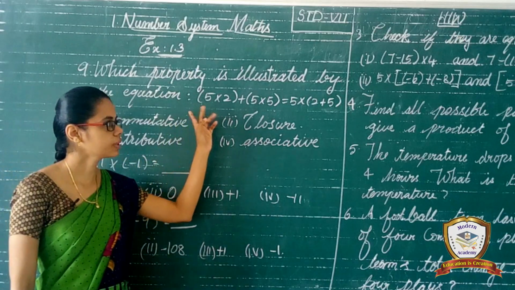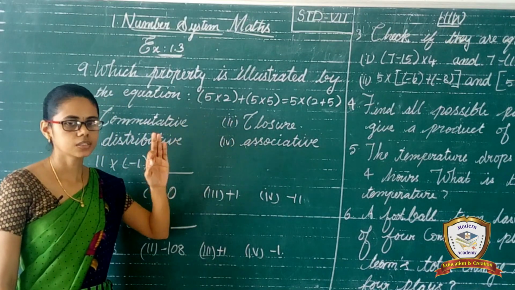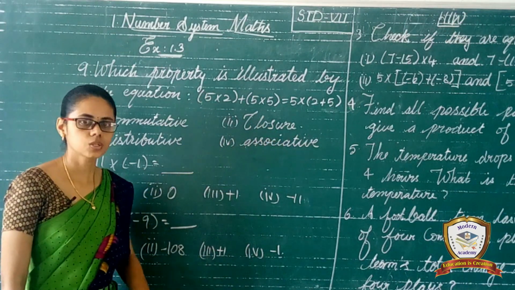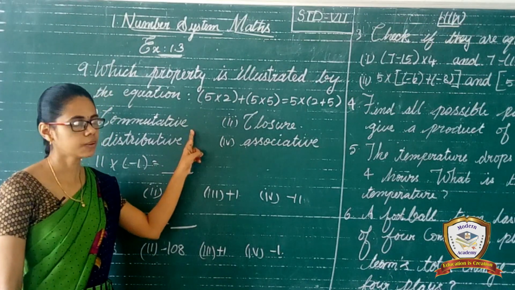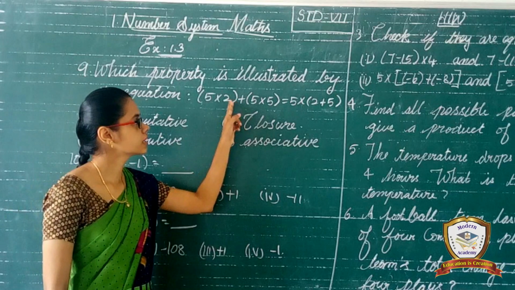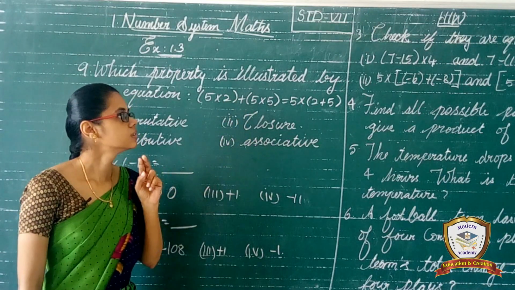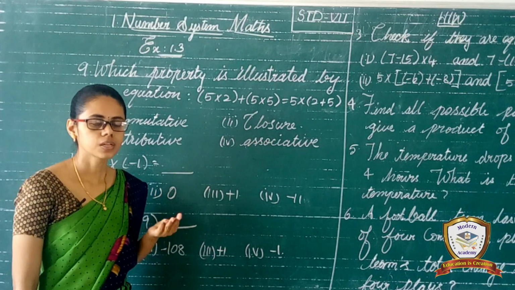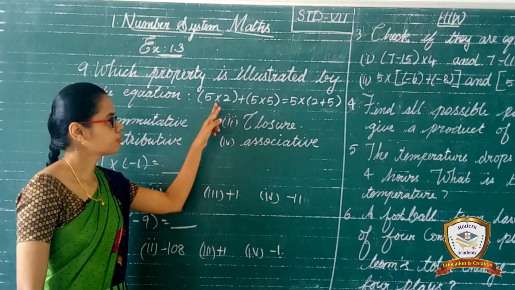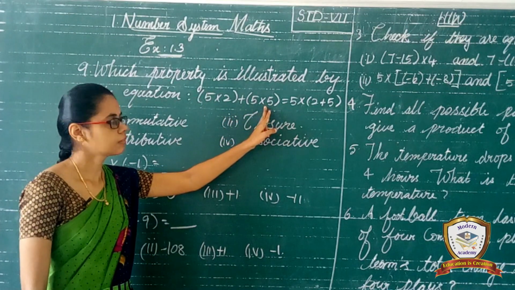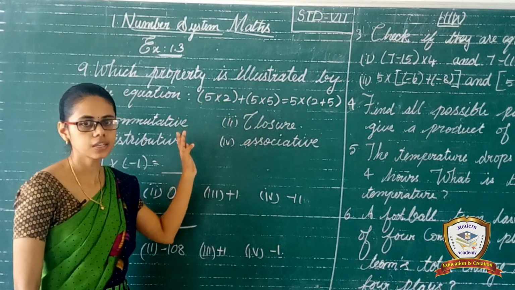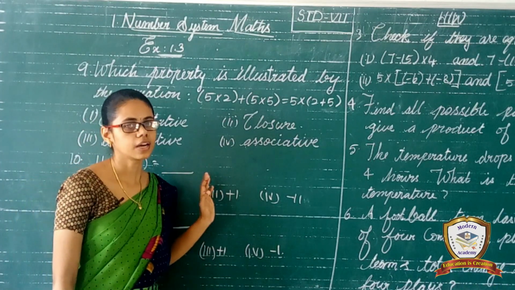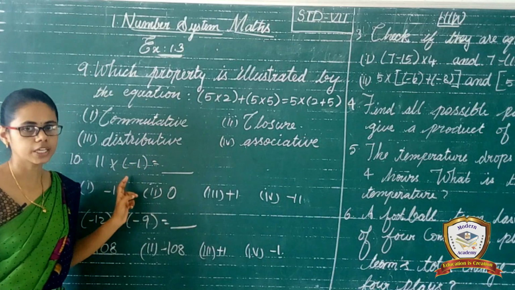Okay, now see here. How many integers, which means how many numbers are there? So totally 3 numbers. What are they? 5, 2. That's it. So 2 numbers we can take here also. See here, which operations are there? Totally 2 operations are there. Okay. When 2 or more operations come, the property name is distributive property. Okay. See here, multiple plus multiple, isn't it? So here multiplication and addition, isn't it?